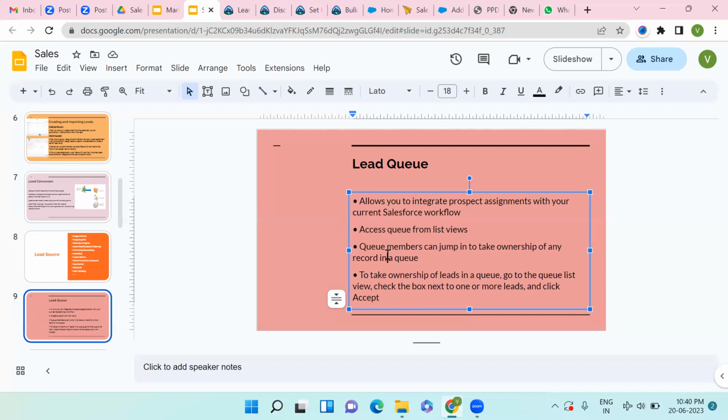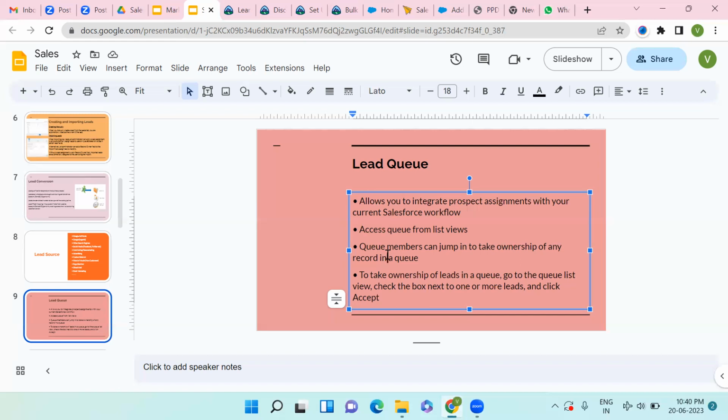For that, not only a single person can take care of this. You need a bunch of people. In the sales profile we have a bunch of people who handle all these records. For leads also we have a bunch of people, and that bunch of people we call a queue.